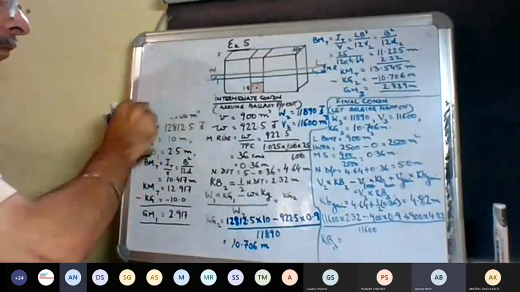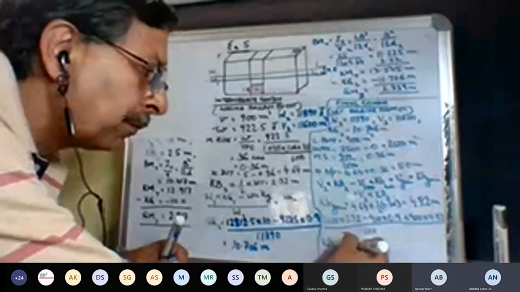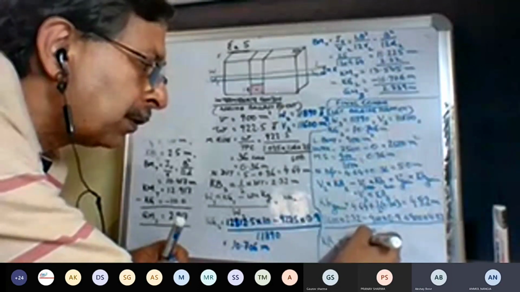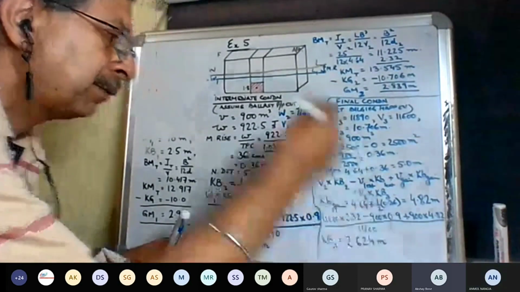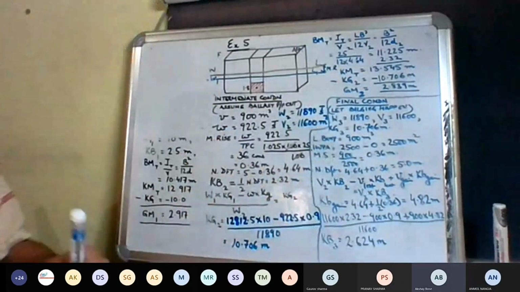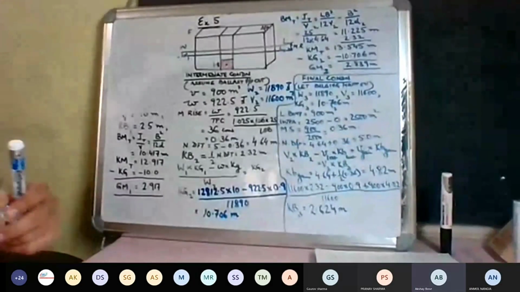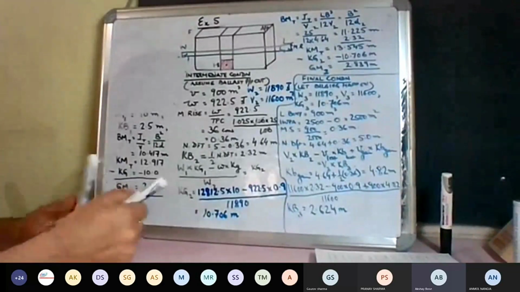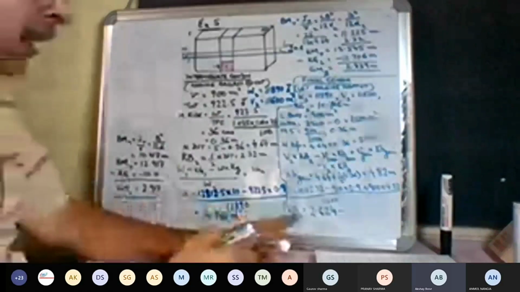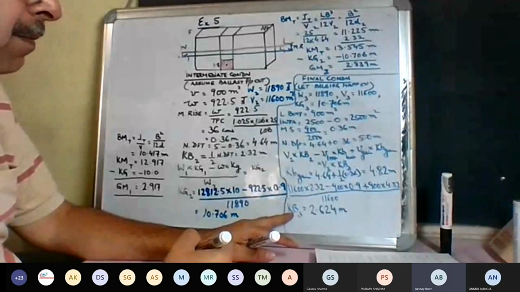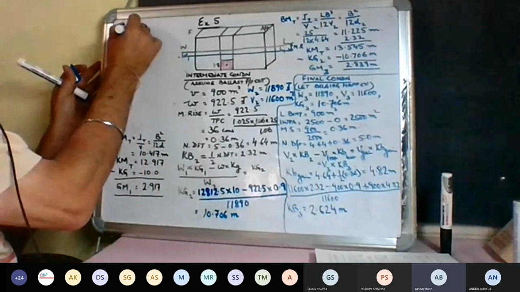Sir, 2.624. 2.624. सबका सेम आ रहा है? Yes, sir. Okay. 2.624. ओके, सो के बी आ गया मेरा। अब मैं बी एम पे आ रहा हूँ।